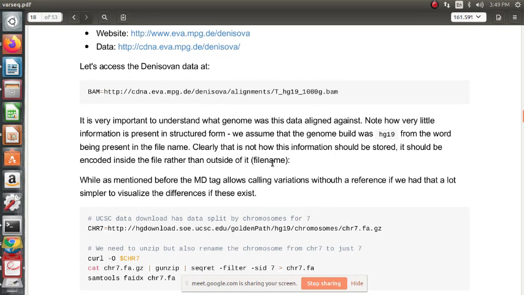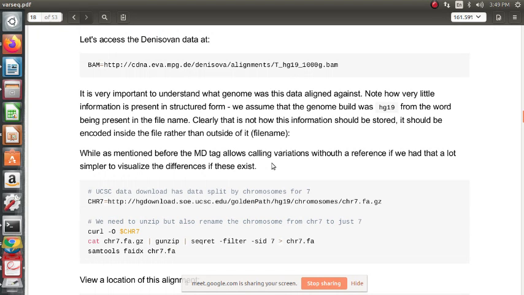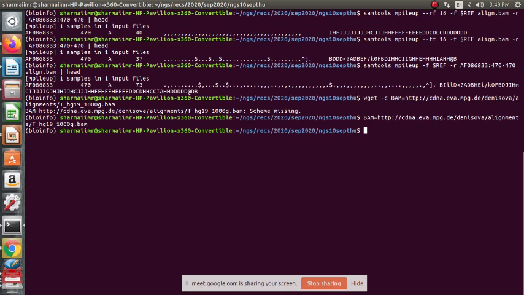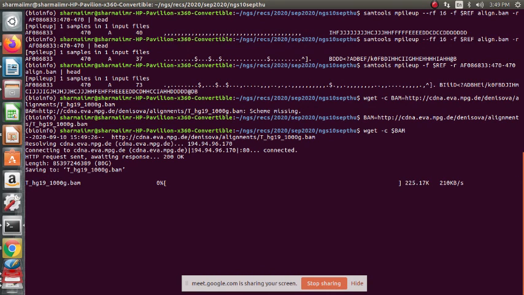So BAM is going to be called this. And then we can do du -h $BAM. It is 80 GB. Okay, that's impractical.